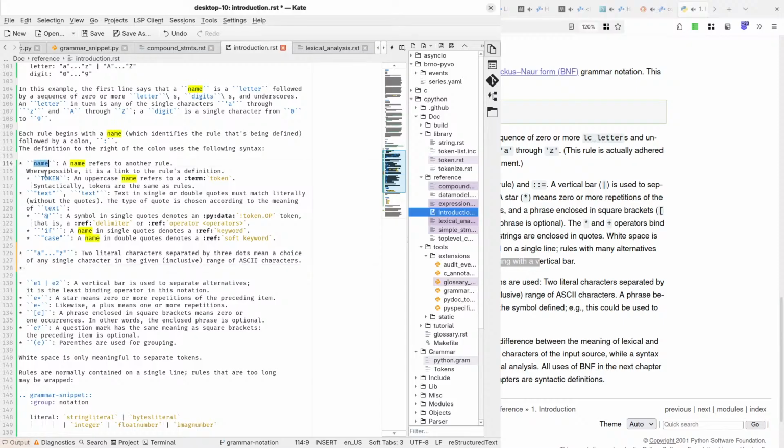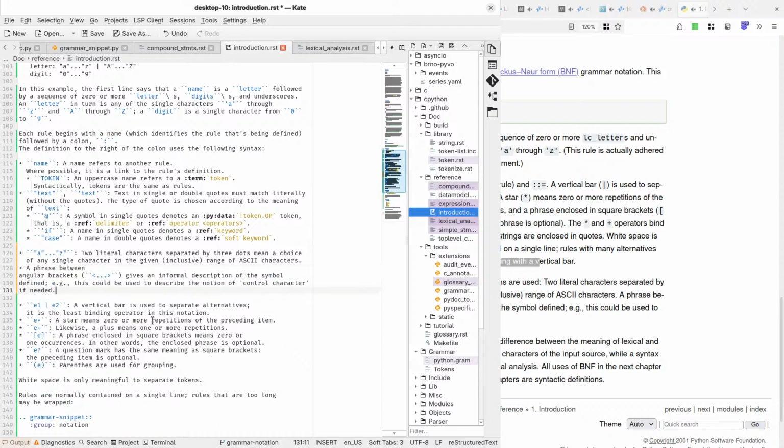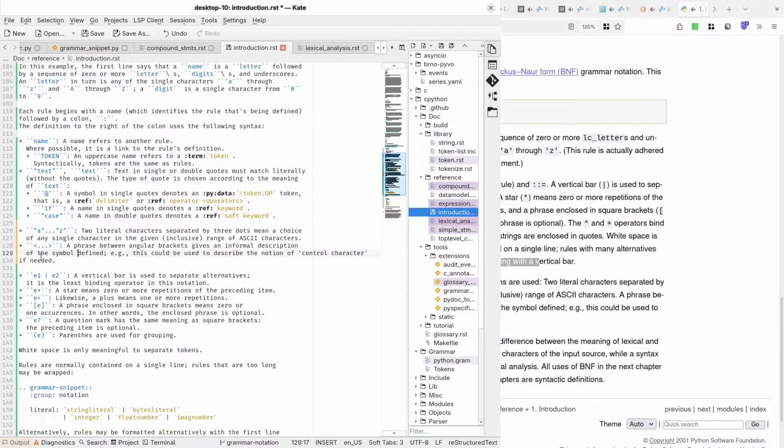I have like this, the names and the literal text. Then this, which is something between literals and operators, and then the grammar operators. Oh, I see. It's a choice. It's like a range. Yeah.